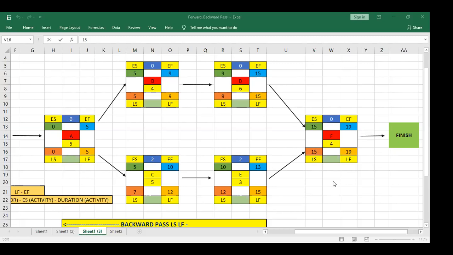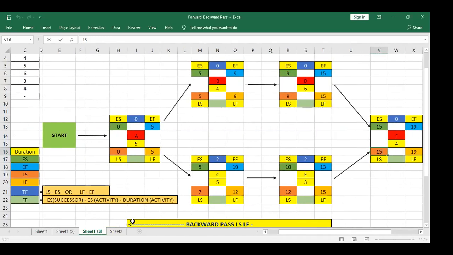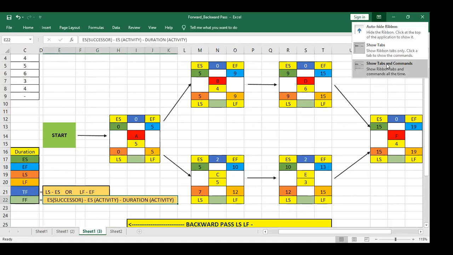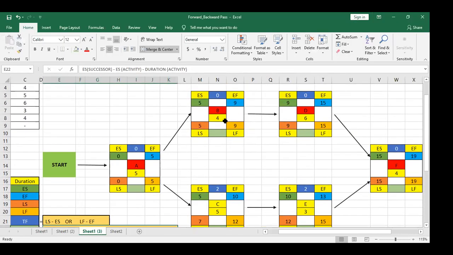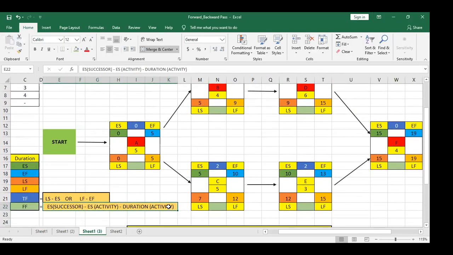Now free float is a bit lengthy, but it's easy. Don't worry about this. The formula is written. You have already received this sheet by email. Free float is equal to early start of successor minus early start of activity minus duration of activity. Let me enable colors now so I can make it clearer, and put the formula up also so you guys can remember.